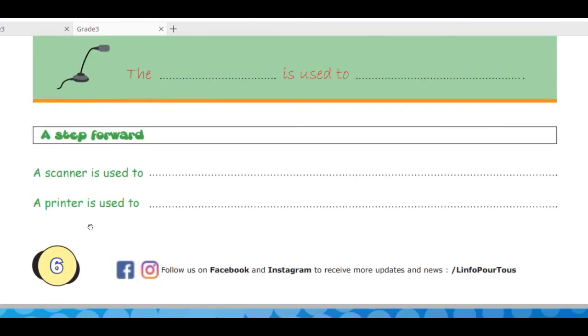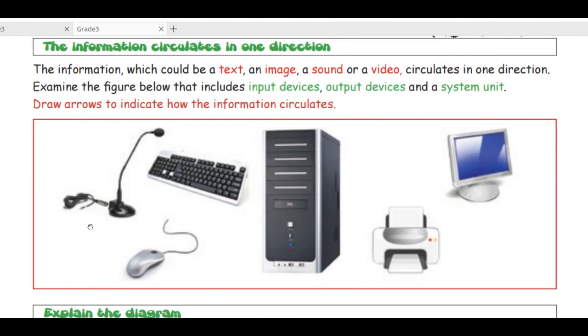At the end of the first page, you have to ask them why a scanner is used and why a printer is used. This will be an introduction to what we call an input and output device. Again, you have to start with,